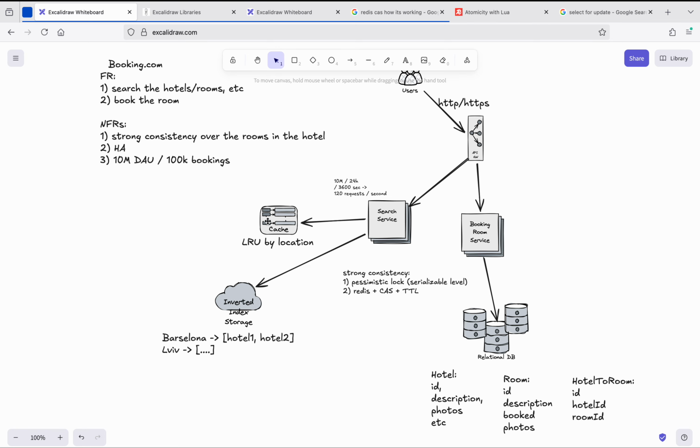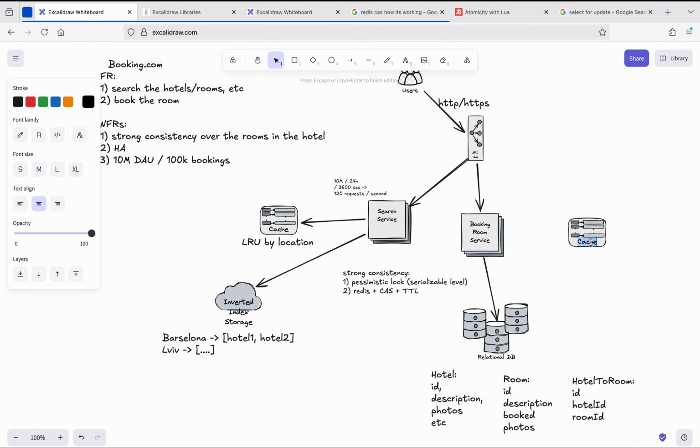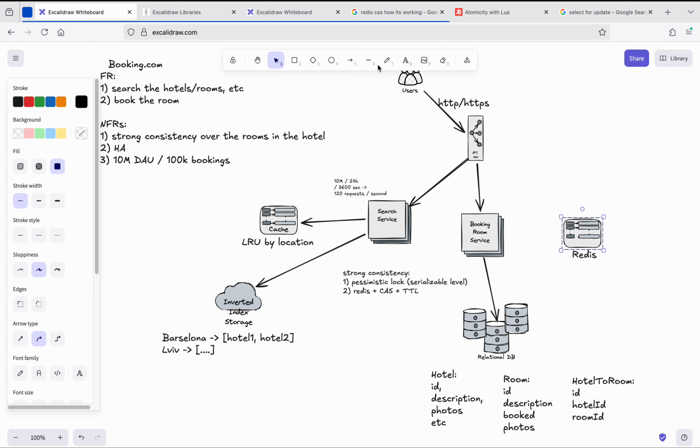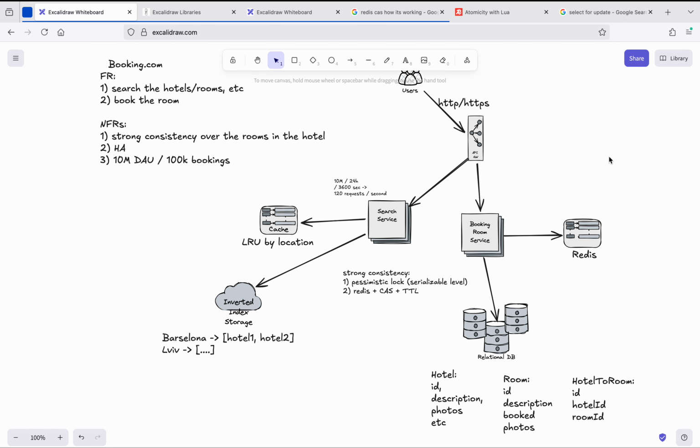Let's imagine that here we will add our Redis. Let's call it Redis. And so we will operate with our bookings through some, let's say, compare and set operation. So how is it possible in Redis? First of all,